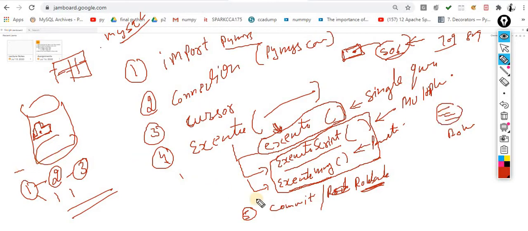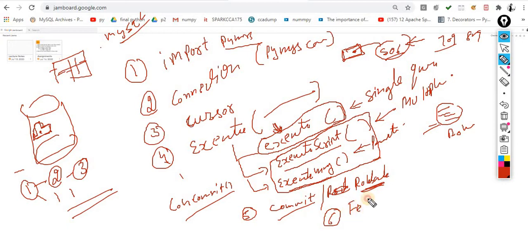original database. If you perform the commitment, that means everything you made and everything you did is reflected to your original database. Rollback means whatever you did, I don't want to make it permanent. That time you are supposed to use a rollback. Again, it depends upon the situation: rollback or commit. As we see, connection.commit is how the reflection is made into the original database.